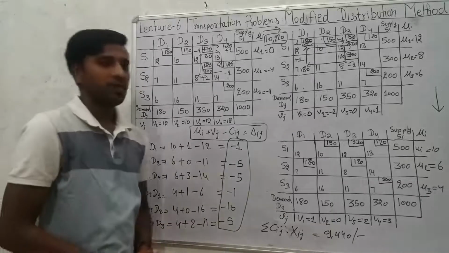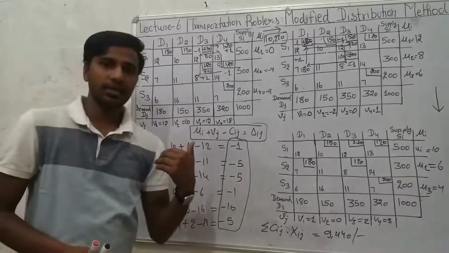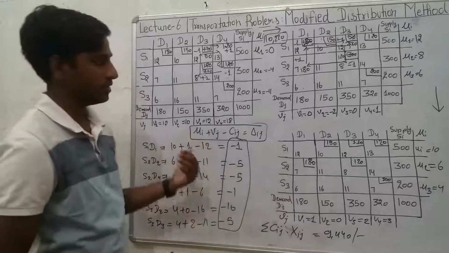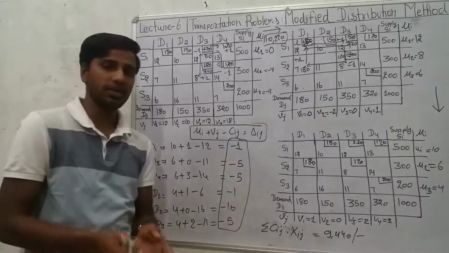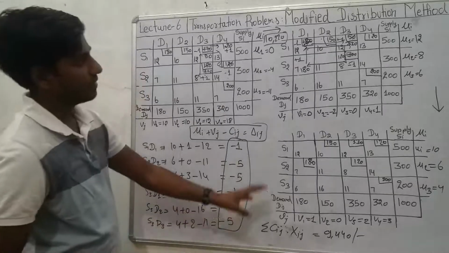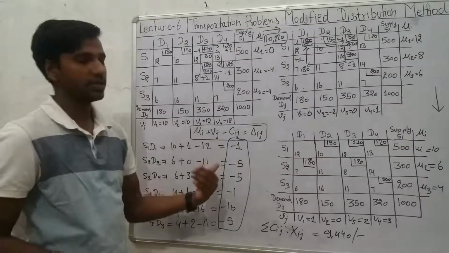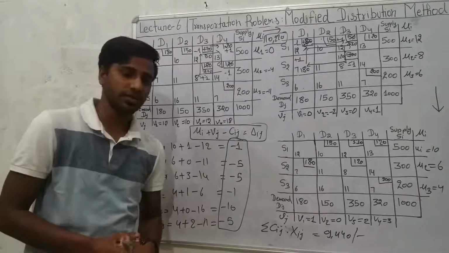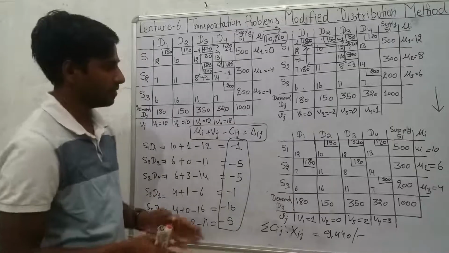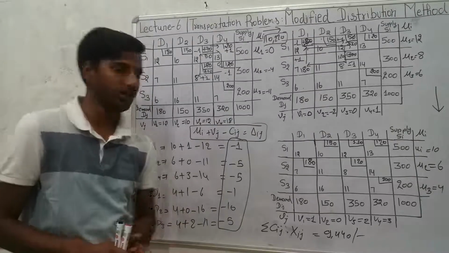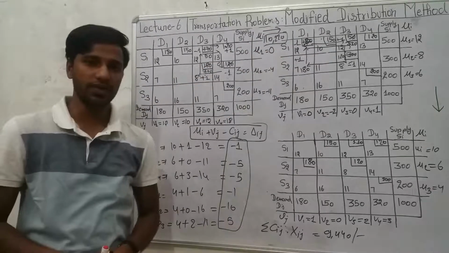So with this method we have completed all the methods of transportation problem, starting from the methods to calculate initial feasible solutions. We covered Vogel's approximation method, least cost method, northwest corner rule method. Then we studied the methods to calculate optimal solutions, stepping stone method and modified distribution method. Among the methods to calculate initial feasible solutions, Vogel's approximation method is considered the most efficient one, and among these two methods the modified distribution method is considered the most efficient one.